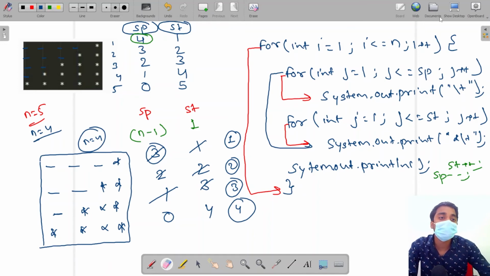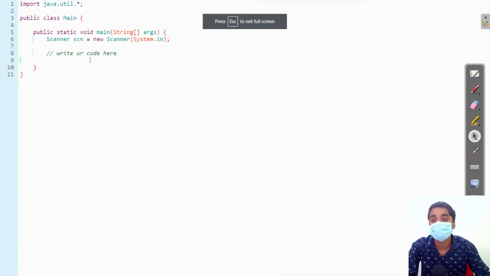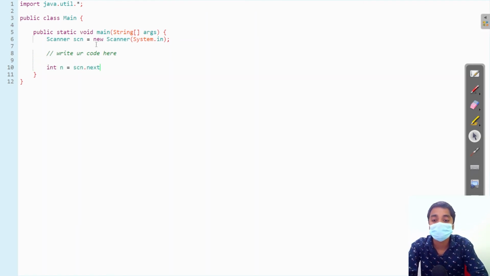Let's code this. First we need to take the input. Now we need to initialize the number of spaces and the number of stars.